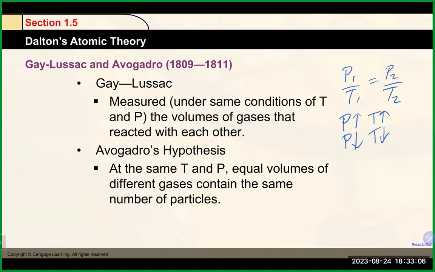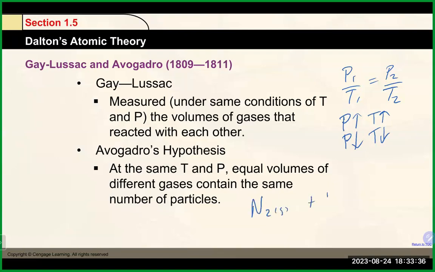Avogadro's hypothesis said, kind of interestingly, that if you're dealing with a reaction that involves gases under constant temperature and pressure, you will have equal numbers of volumes to moles. Perhaps you're familiar with stoichiometry, I hope. We'll talk about it later on, but when you do stoichiometry, there's the mole to mole relationship. So if you had a reaction like